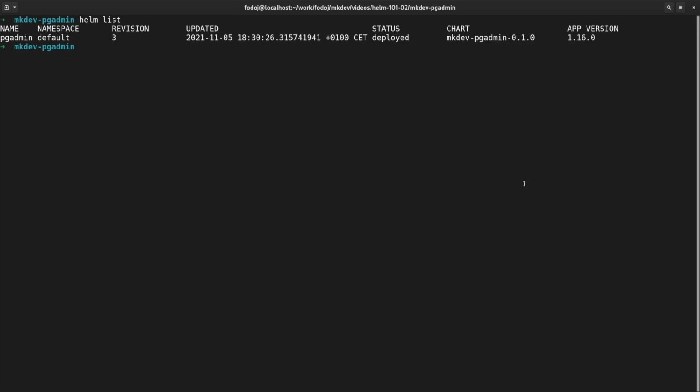With the simple chart format and a couple of commands to install, upgrade and roll back the releases, Helm becomes a very convenient tool to package and deploy applications to Kubernetes. But simply packaging YAML files is not enough. We want to parameterize our templates so that we can deploy slightly different configurations to different environments. We also want to reduce the duplication in our code and keep some things defined just once. For this, we are going to use templating features of Helm, as well as values files. This will be the topic of the next lesson.